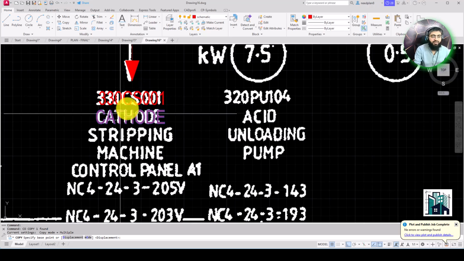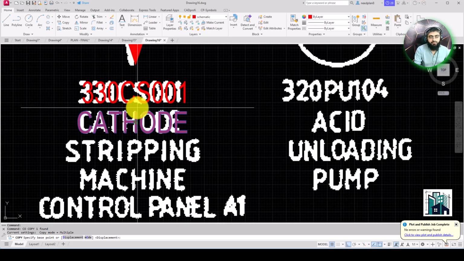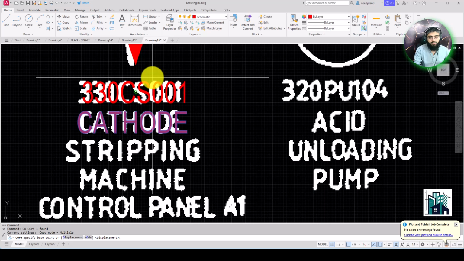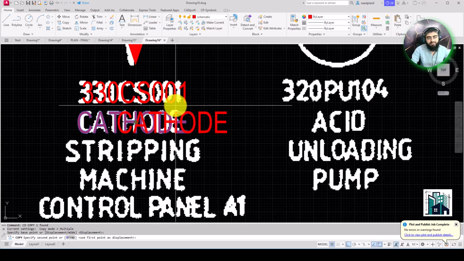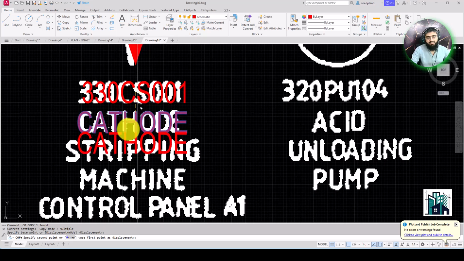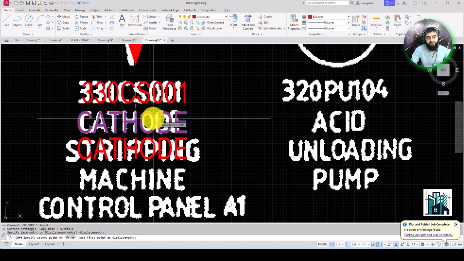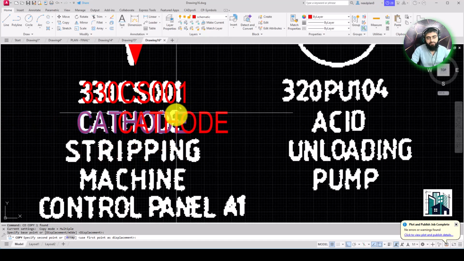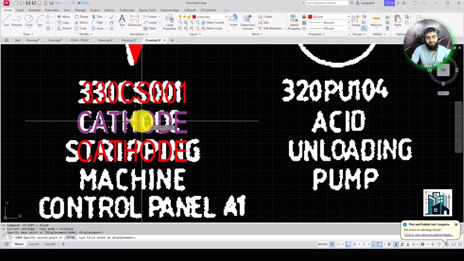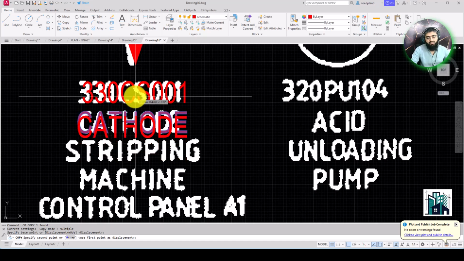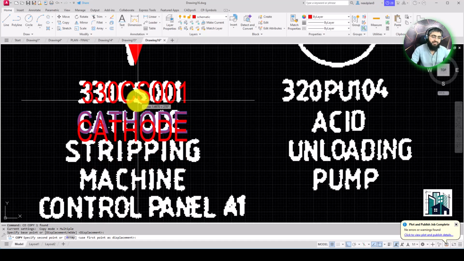and then select. When you hover the circle cursor on your text, you will see there is a green point. When you click here, that will be selected, meaning the middle point of that text will be selected. So when you come here, you will just have to select this center point, like we want to give the distance from here to here as per these points.